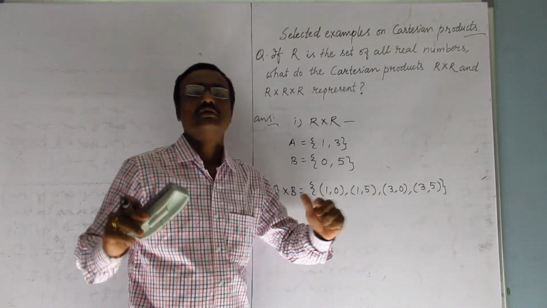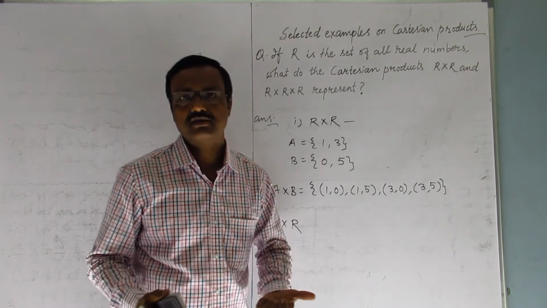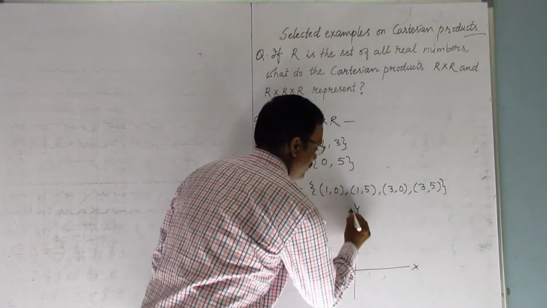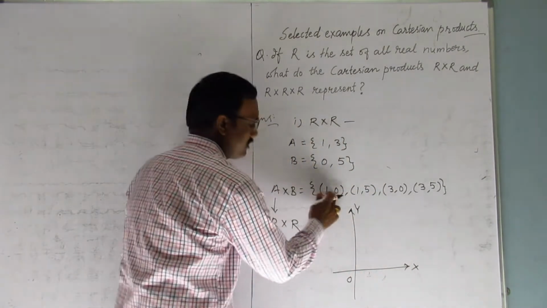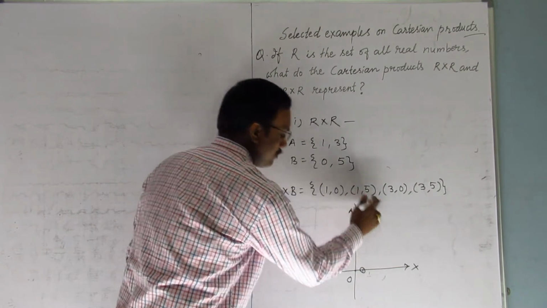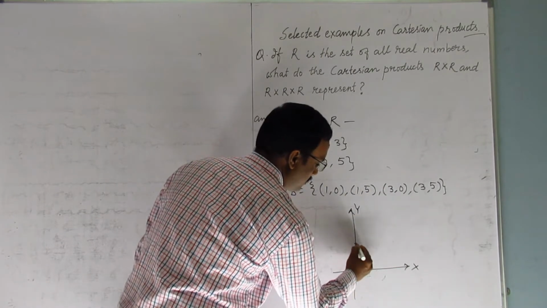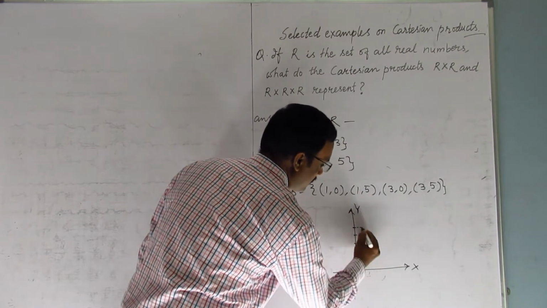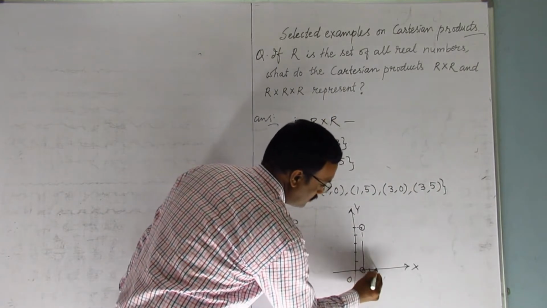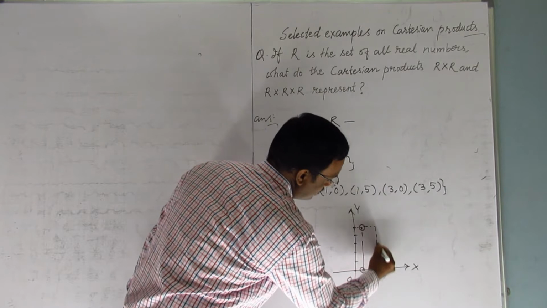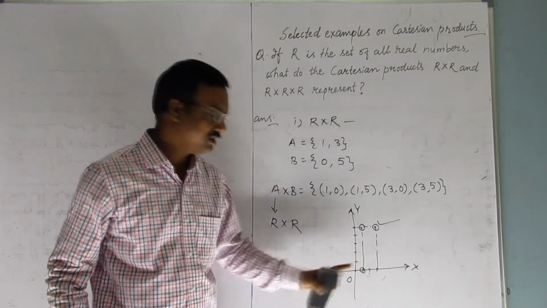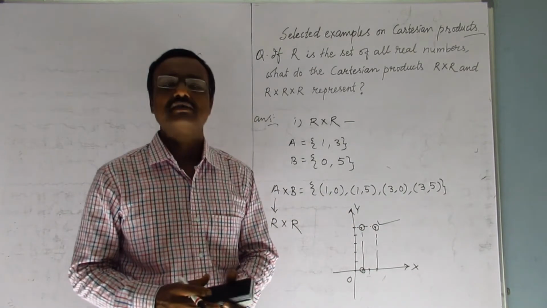So these are like coordinates of points in the xy plane. As you know, if this is the xy plane, x and y, the points like 1 comma 0: this is x coordinate 1 and y coordinate 0, so this is the point. And then 1 comma 5: x coordinate 1, y coordinate 5, 1 2 3 4 5, so this is the point 1 comma 5. Talking about 3 comma 5, this is 1, 2, and 3, and 3 comma 5, so this is the point. So these points are coordinates of points in the xy plane.